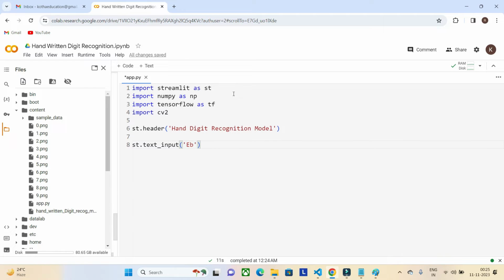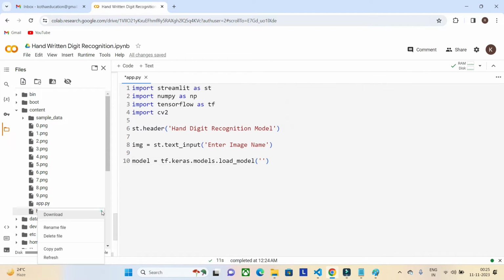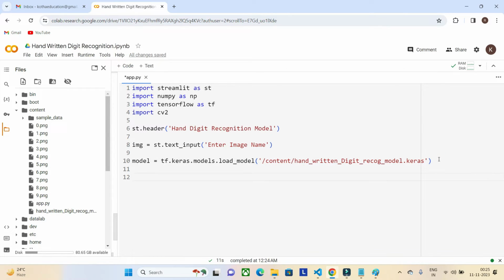So here, enter image name, and I'm going to save it as image. Once we have the image, we have to pass it to the model. So let's import the model. Model is tf dot keras dot models dot load model, and here you can copy the path like this as well. Copy path, and I'm just going to use it as it is. So we have the model.